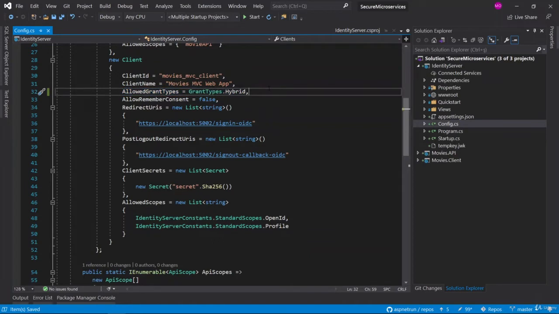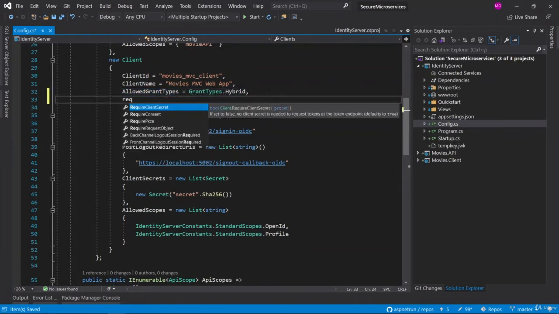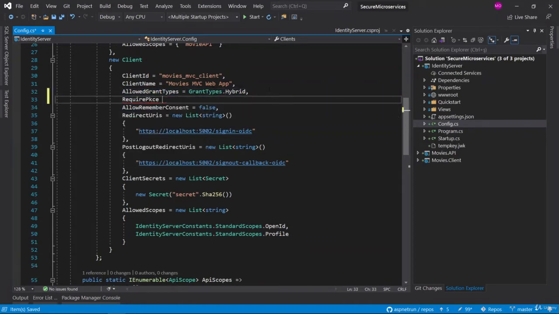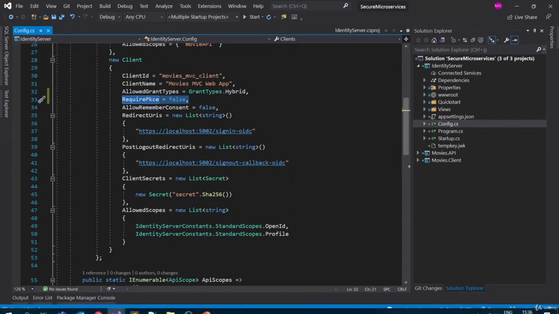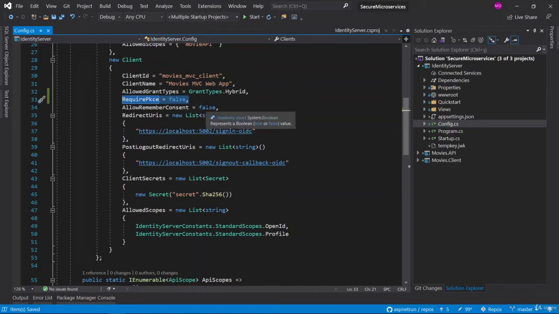And after that, I have to set RequirePkce equal to false, because the default value is true, and it provides additional configuration. So we also set the PKCE protection to a false value, because it becomes true and requires proof key protection when we get the authorization code based token.